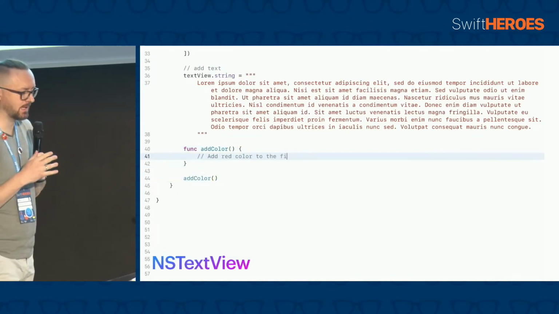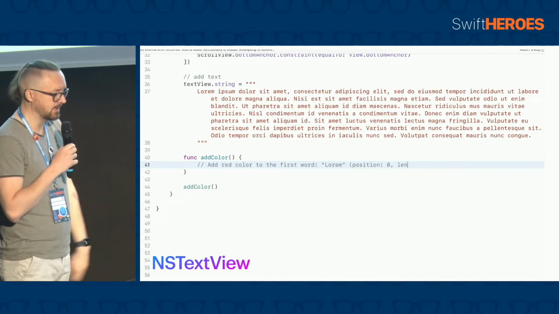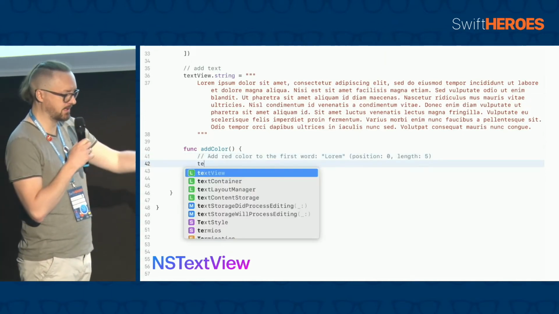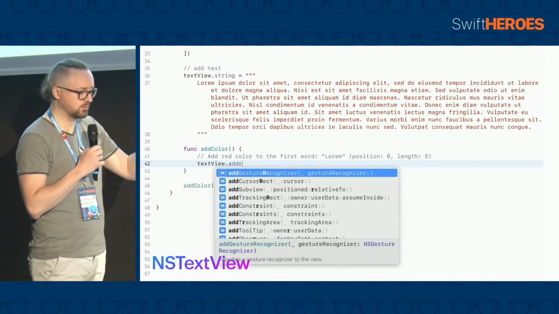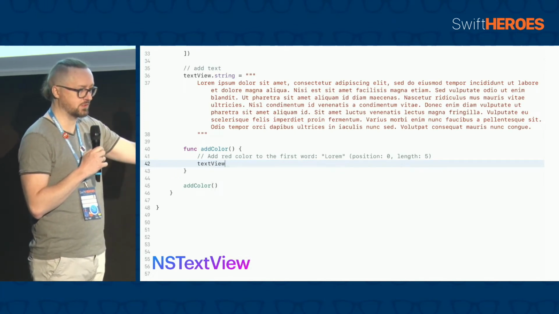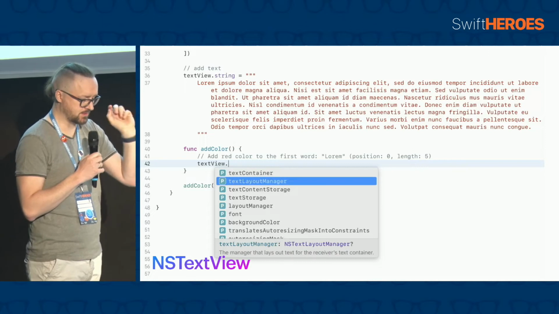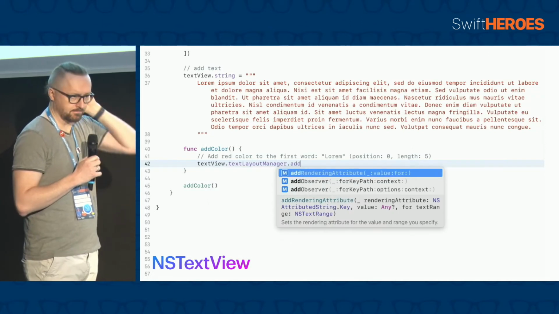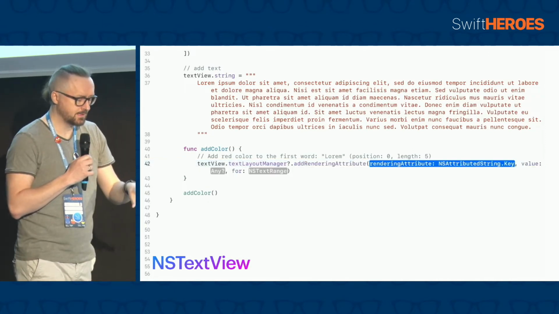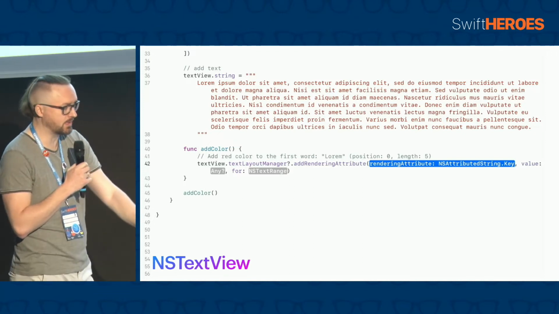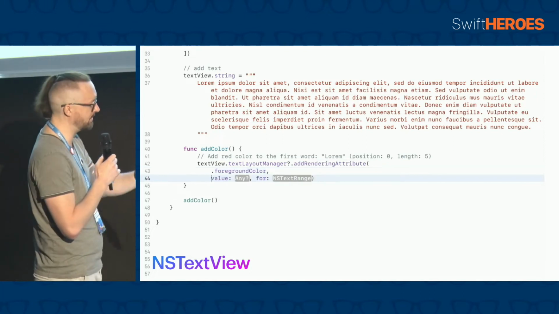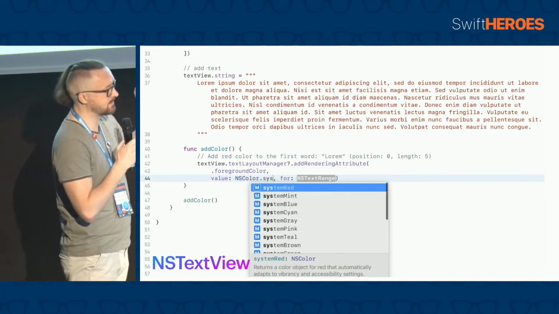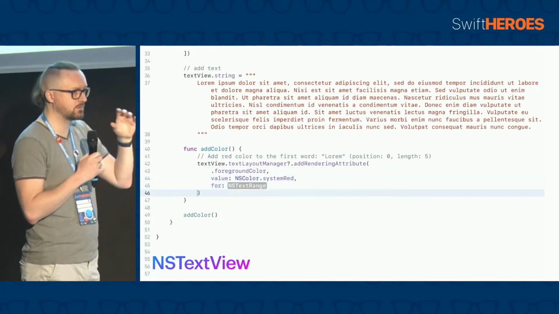Now let's add a color. I set the text "lorem ipsum dolor sit amet", and want to add a red color to the first word, lorem, just lorem. This API provides us with the rendering attributes. If you know macOS, there were temporary attributes, but now it's multi-platform. Rendering attributes are the attributes that are